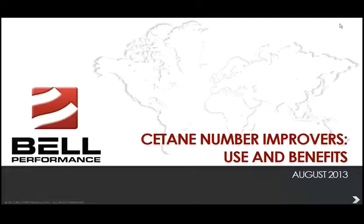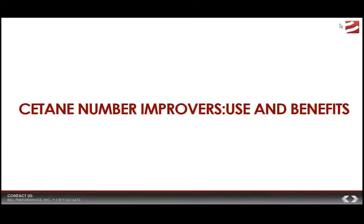And we're going to talk about a few interesting things with respect to these chemical cetane improvers that you can add to fuel. We're going to talk about how they're used, why they are needed, and the specific practical benefits that they can give. And cetane improvers are a different breed than some of the other diesel additives out there